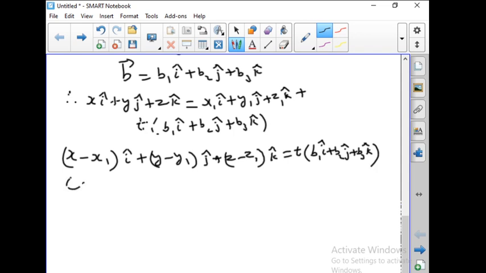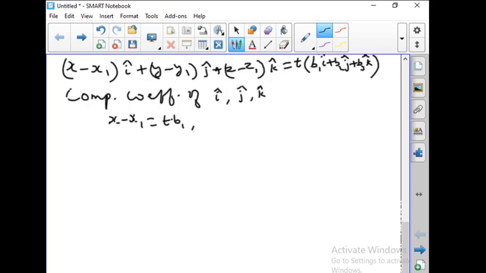So, now comparing the coefficients of i cap, j cap and k cap, we have x minus x1 is equal to tb1. Then y minus y1 is equal to tb2. z minus z1 is equal to tb3. So, from this we get